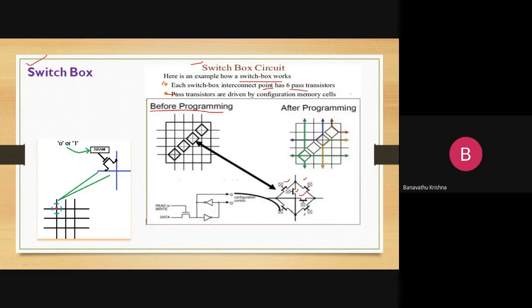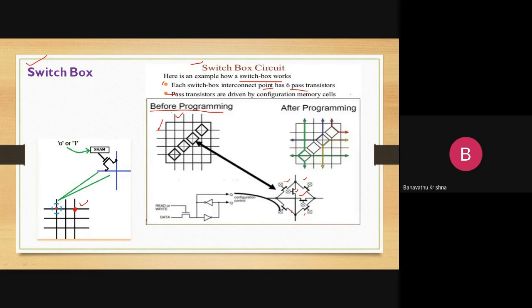This is before programming. There is a connection here, with vertical lines and horizontal lines. The shape here is nothing but the diamond shape. Suppose this is the line here and I want to make a connection here. Generally, as we saw in the last session, I would simply make a connection like this, but internally there is a way. There is an internal formation like this. It is the diamond notation. So we are making the connection between vertical and horizontal lines by using the switching process.